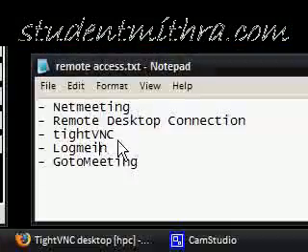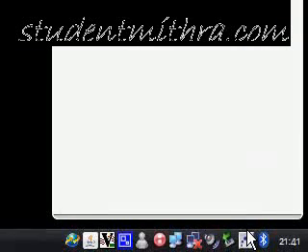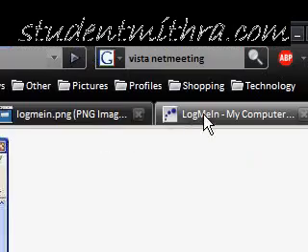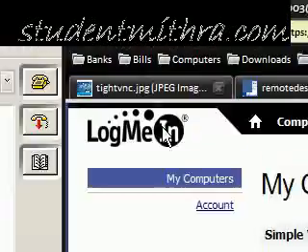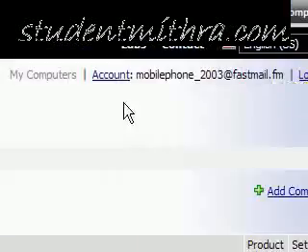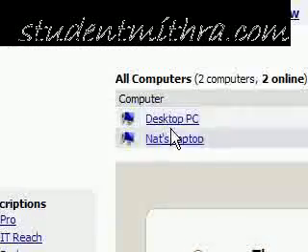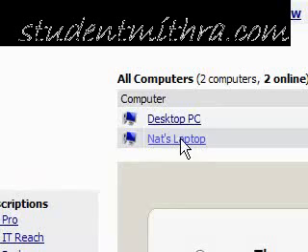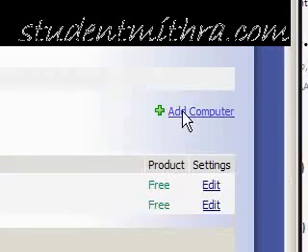Next one is LogMeIn. I highly recommend this. I use it to connect to my computer from college. LogMeIn works online, so all you do is go to the logmein.com website, sign up, and choose LogMeIn Free, and you'll notice that you have this page here which has your account. It shows you your computers. I've got two computers. That one I'm not going to connect to because that's a mate of mine, so this is mine. All you do is click add computer